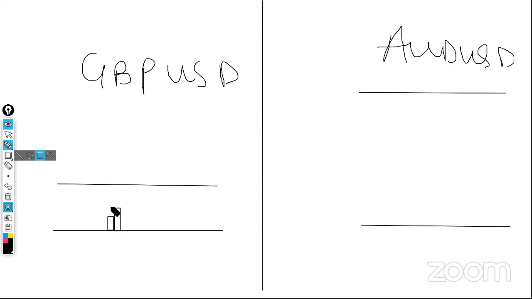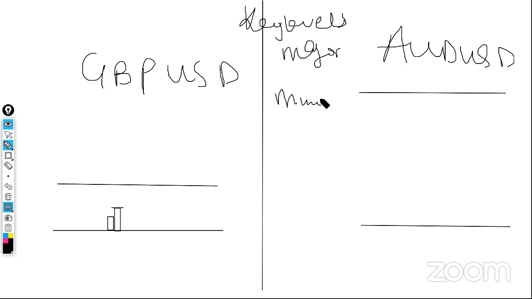And I want to take a trade from this region right here, this resistance level. Take note, there are some key levels on your chart. We have major resistance or support levels, and then we have minor resistance and support levels. So it all depends on how strong the key level is. Key levels on our chart can either be major or minor. I have a course on that as well. I think it's in the VIP members video. So if you're not in the VIP members yet, it's an opportunity for you to get in and check all of those things.